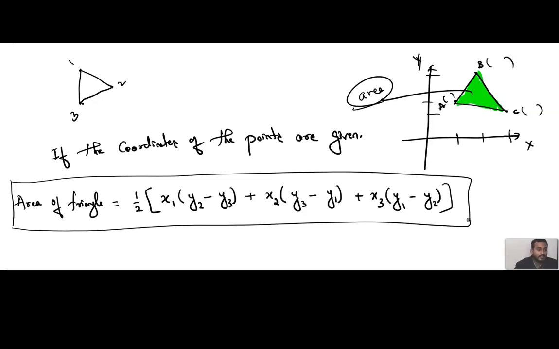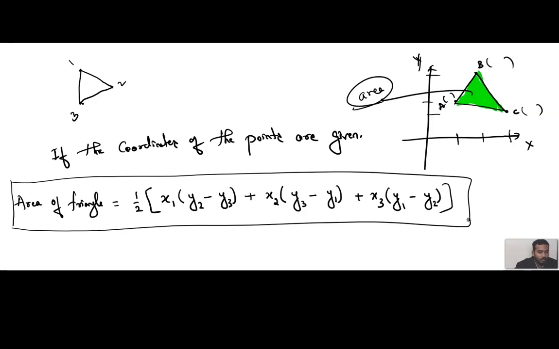If they have given base and height, we can use the area of a triangle as half into base into height. Different triangles have different areas. Like the area formula of a right angle triangle is different, of an isosceles triangle is different, of an equilateral triangle is different. All the triangle area formulas are different, but the general formula of area of a triangle is half into base into height. But here we are not going to discuss different types of triangles in this topic,